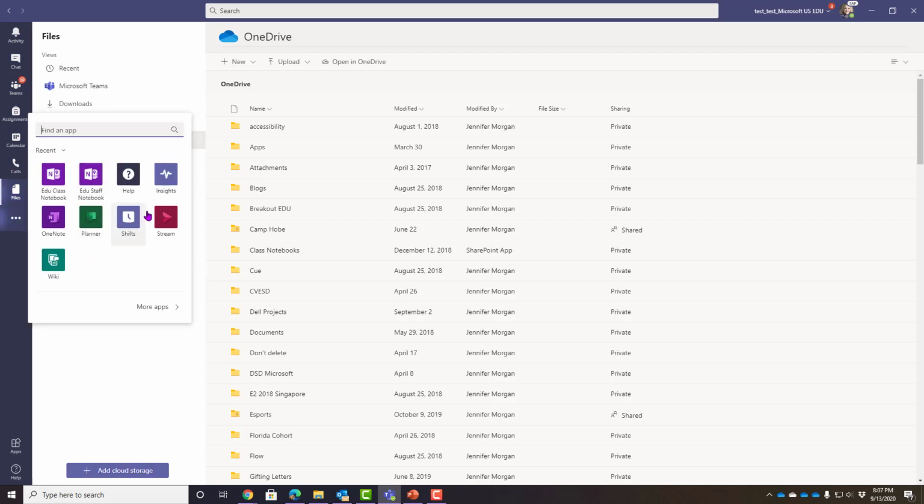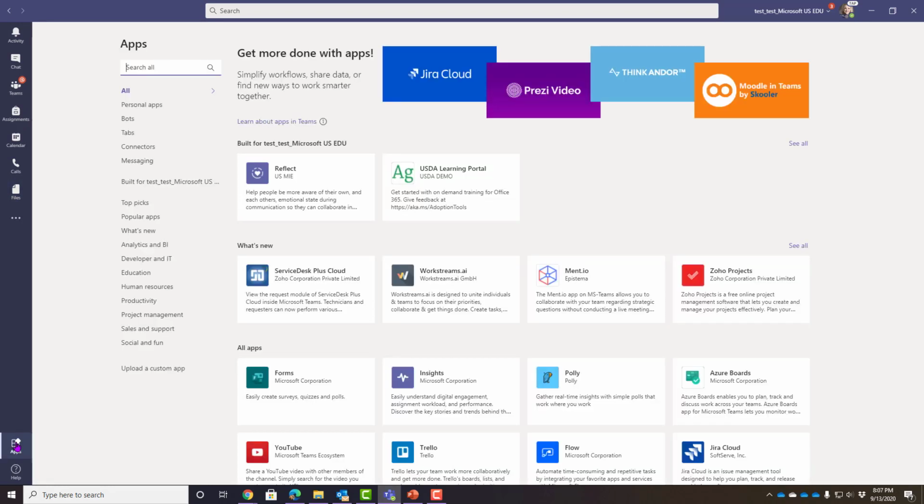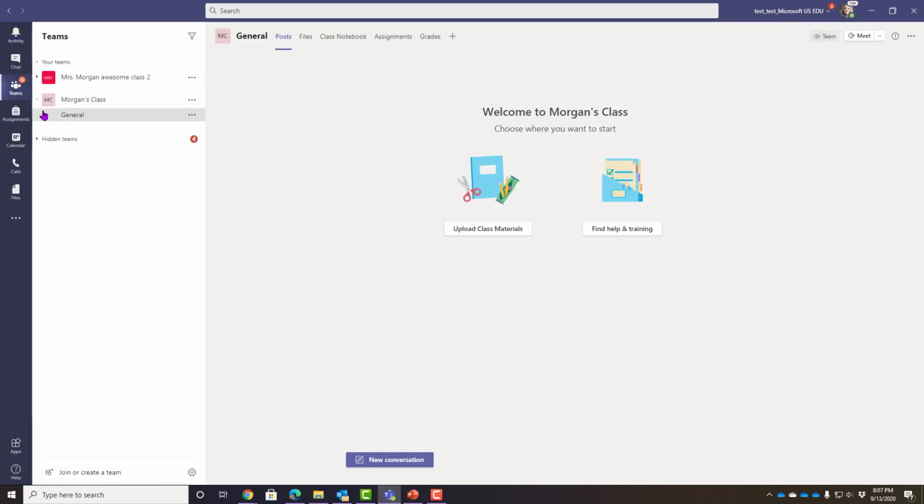You can also add some other apps in this space if you choose to, or you can come down to the apps button and look at some additional apps that may be available within your organization. I'm going to go ahead and jump back over to Teams, and I'm going to go to Morgan's class team,